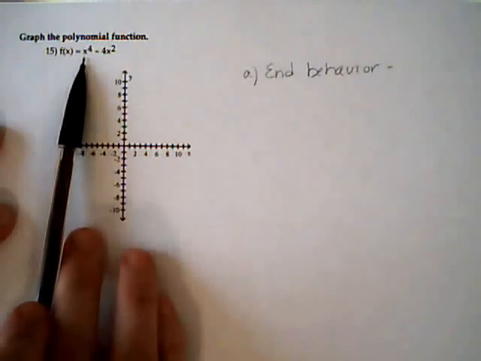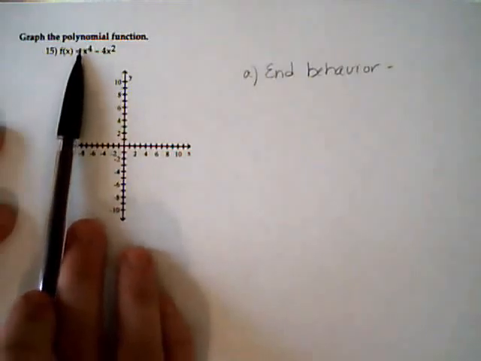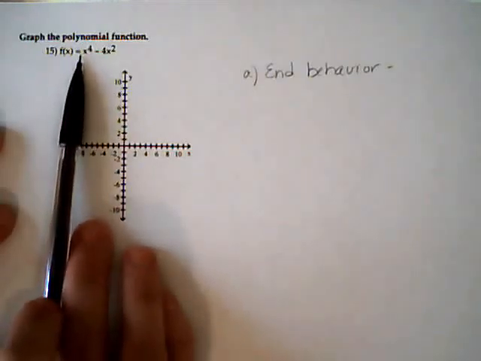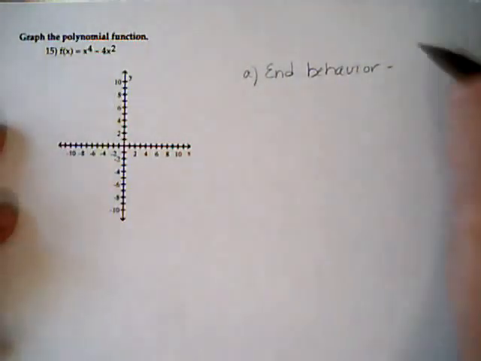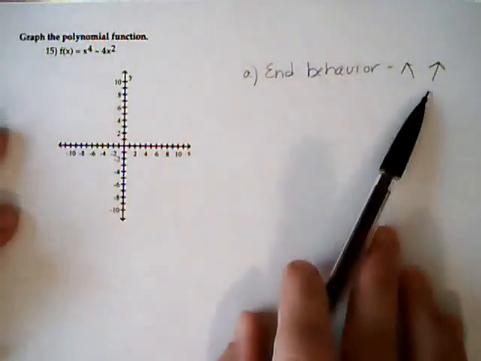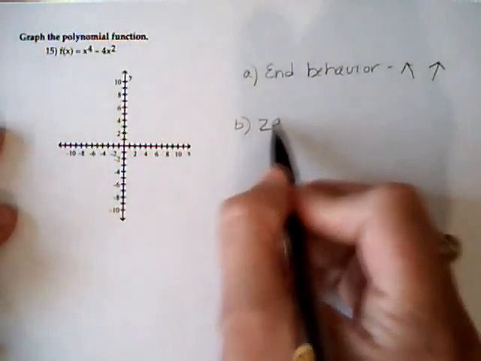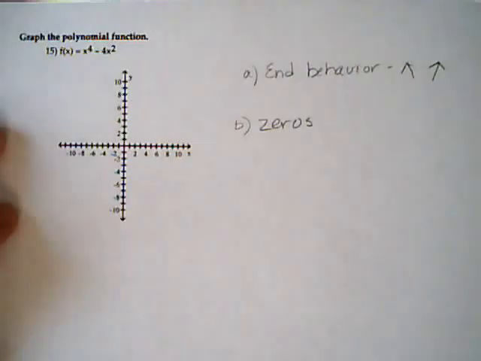So because my leading term is x to the 4th, being even means it's going to have the same behavior at both ends, and the positive 1 coefficient means that it's going to be rising to the left and to the right. So I'm just going to put both the arrows up to show that it's going to be rising at each end. And then the next thing we want to look at is finding the zeros of the function,